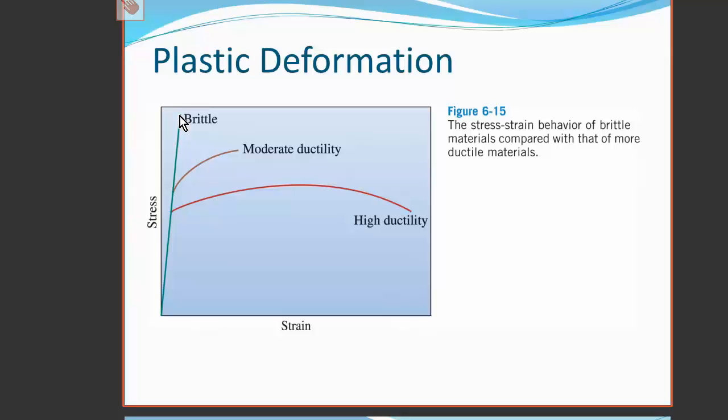However, if we had an aluminum object and we bent it back and forth or stretched it till it broke, simply gluing it back together would not get us the same shape because it deforms. A material with moderate ductility will have some deformation before it ruptures, and a material with a high ductility will have a high,